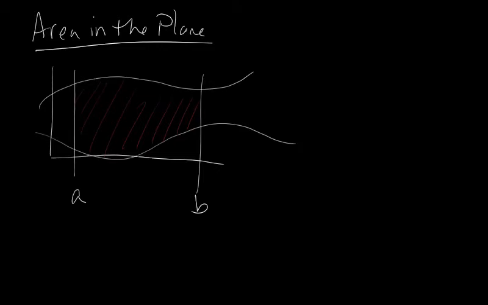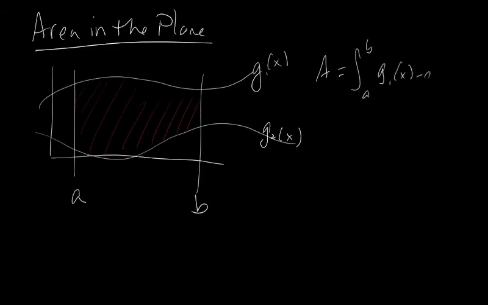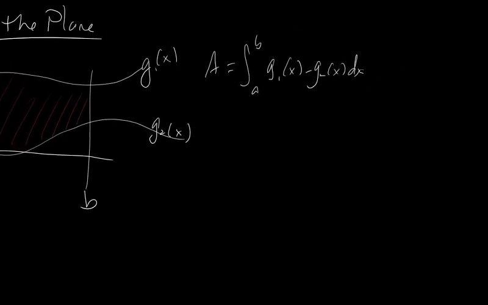If my first curve here is g1 of x, and this one's g2 of x, then I know that I can set this up and find that the area of this red region here is equal to the integral from a to b of g1 of x minus g2 of x dx, right? Well, according to the fundamental theorem of calculus, this right here is really just the integral from g2 of x to g1 of x,